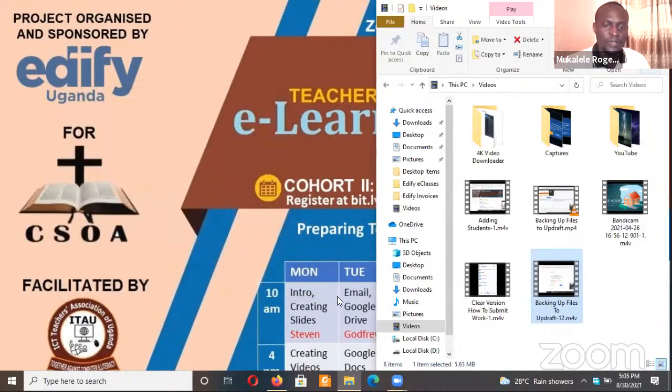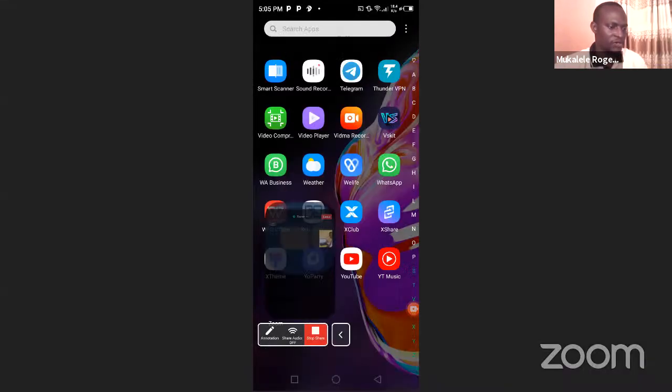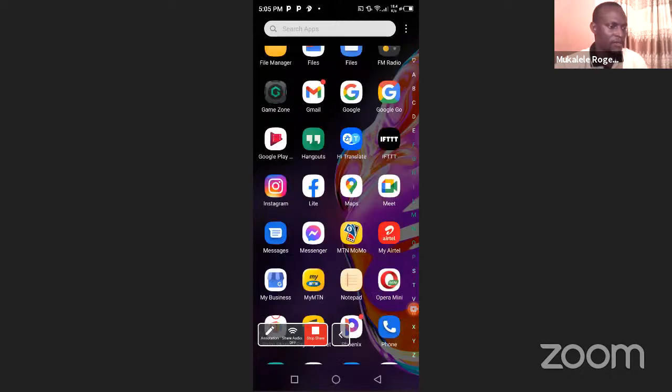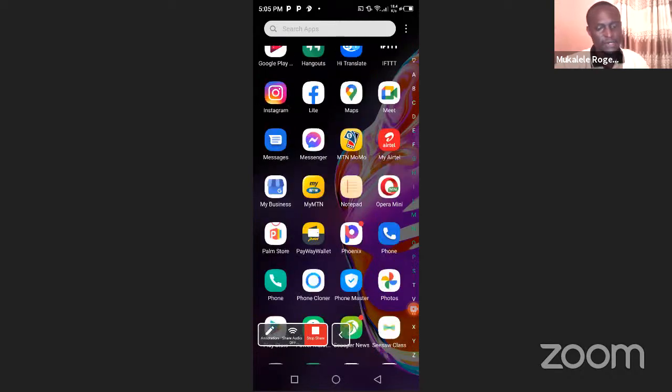Now, if you're using a phone, you do a similar thing. You just go to your phone and search for video compressor. There are always apps. There is one which I normally use on phone for video compression, and you will be able to get a similar result. I may not be able to demonstrate all of it here, but I don't want members with phones to be left out. So you come here and you search for